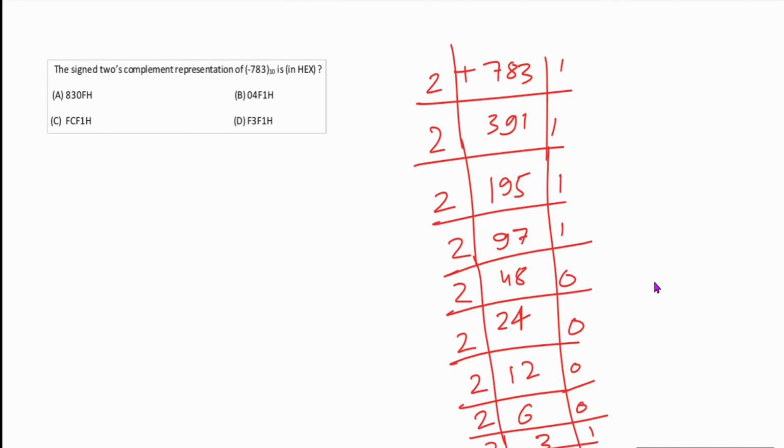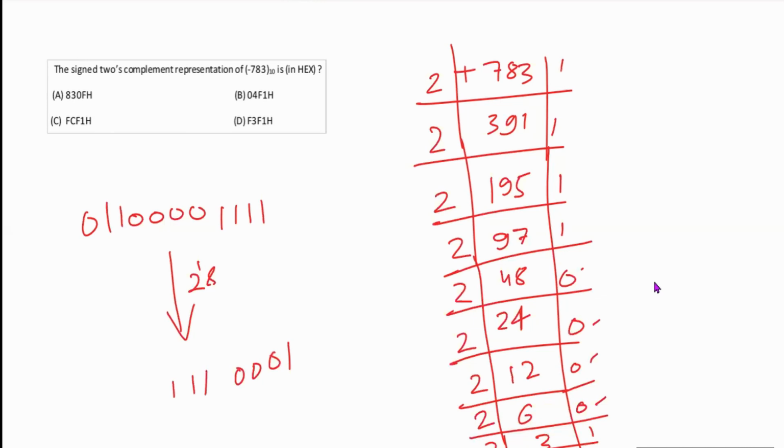Okay, so my number will be 1 1 1 2 3 4 zeros, 1 2 3 4 zeros, then 4 1. Okay, so this is the number I am getting for 783, but the plus sign is there, so I need to substitute 1 0 at least. This is plus, so I need to do 2's complement for getting minus 783, that is 1 0 0 0, then 1 2 3 4 4 ones, then 0 0 and 1 single one.